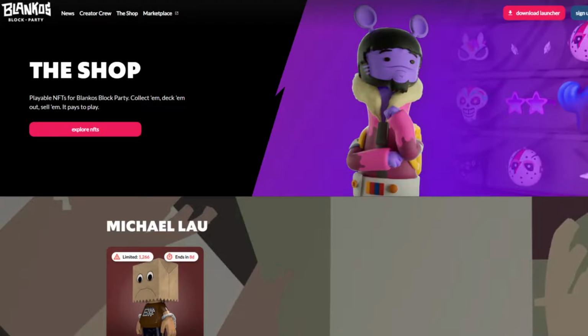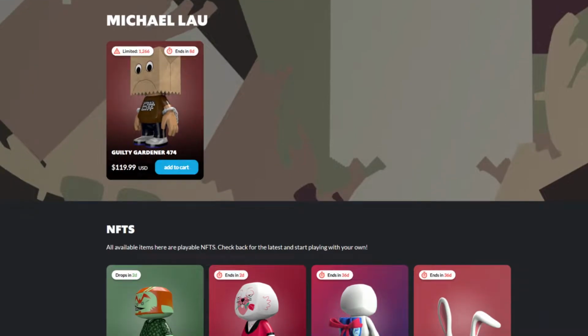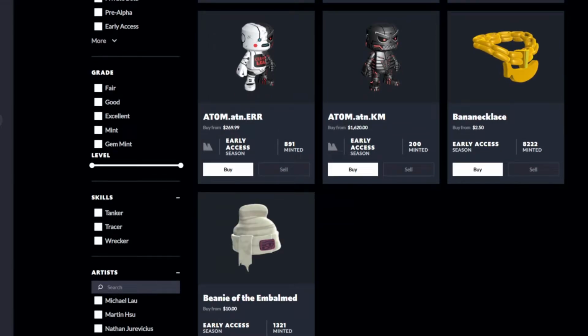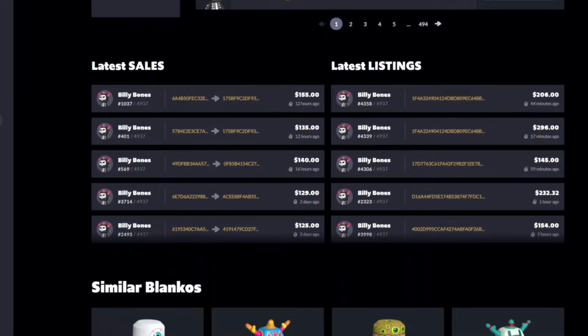So one of the things you'll notice when browsing the Mythical Marketplace is actually that there are two sections. The shop that lets you purchase from Mythical or Blankos directly, and then the marketplace, which is the secondary market that they have where people are able to list their Blankos for whatever they deem is worth the amount that it is. The Blankos figures, if it's bought in the shop or even bought in the marketplace, can be boxed, or